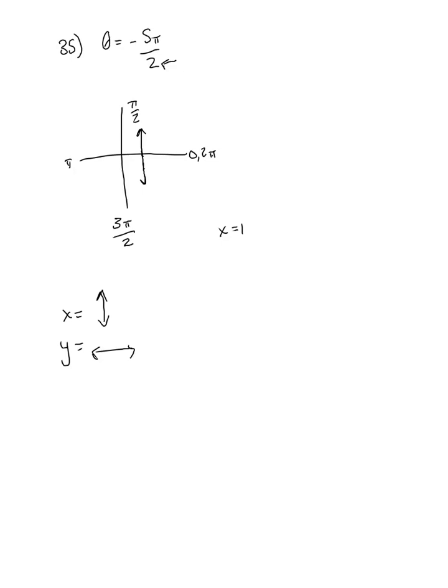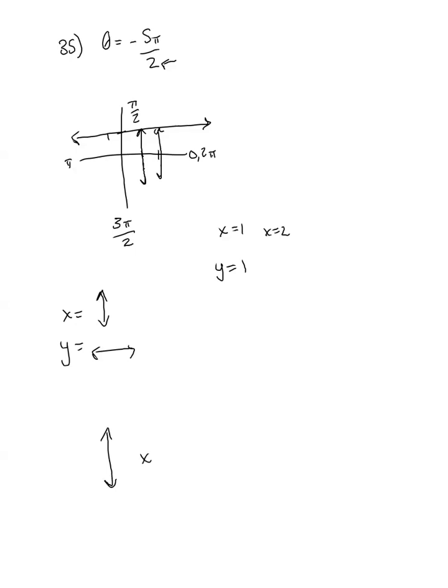Because like x equals 2 is then parallel to x equals 1. So that same concept, y equals some things are horizontal lines. If you go to 1 on the y-axis, it'll be a horizontal line at the y-coordinate 1. So if 5 pi over 2 is an angle on the y-axis, and the y-axis is a vertical line, then